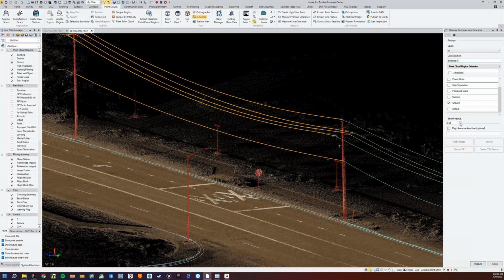You select the search radius. We'll see how this one runs if you have low density data. So like let's say I'm measuring out here where the density is kind of falling off. You might have to turn up your search radius some to be able to find a point to stop the measurement tool. We also put this flag clearances less than field in here